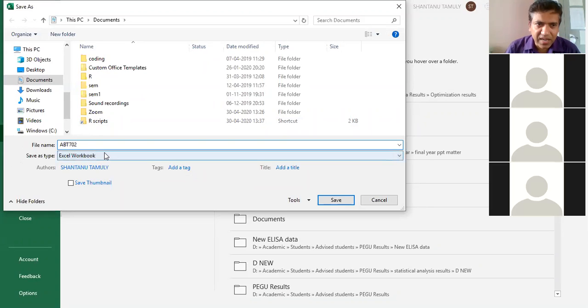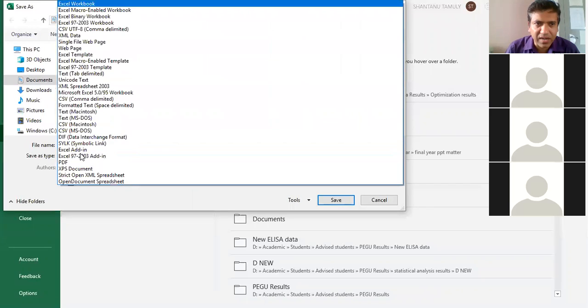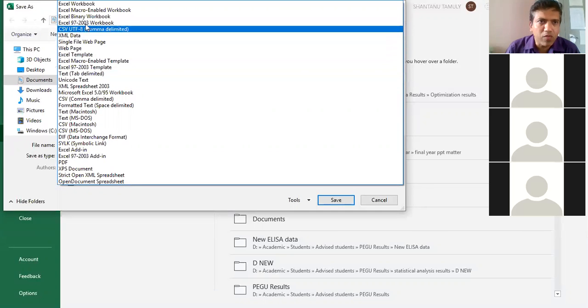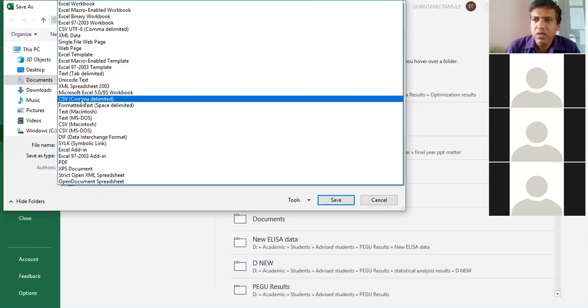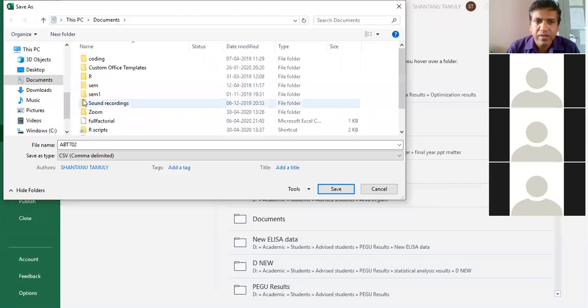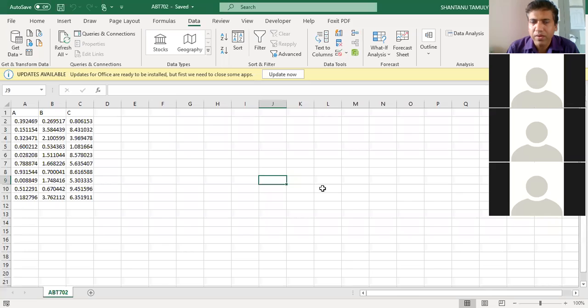Then here, for save as type, just click it and look for the CSV file, CSV comma delimited. Just click here, fine. After clicking here, just save it. So now our file is saved in the Documents folder.